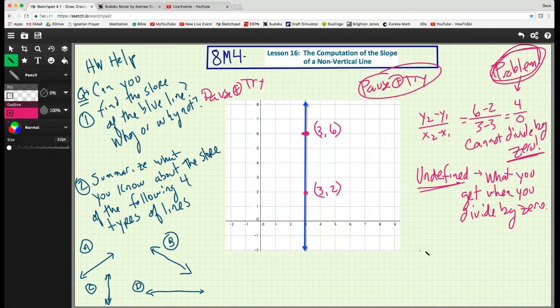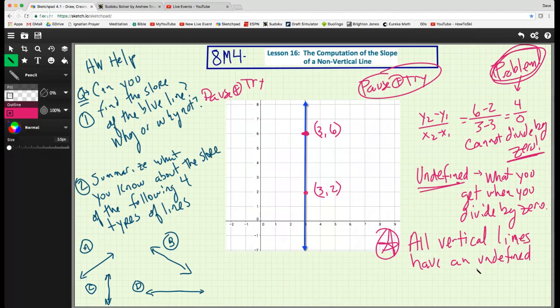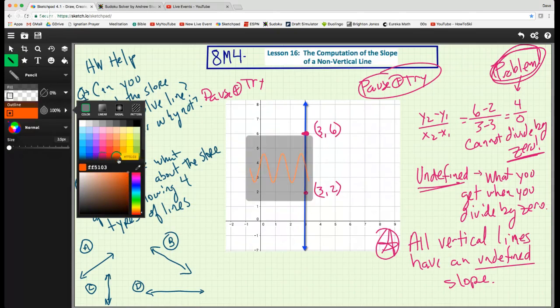So all horizontal lines, all vertical lines, and this is the key point. All vertical lines have an undefined slope. Now, what I want to do to summarize and end this lesson